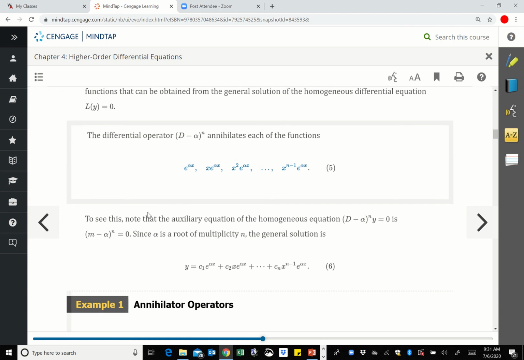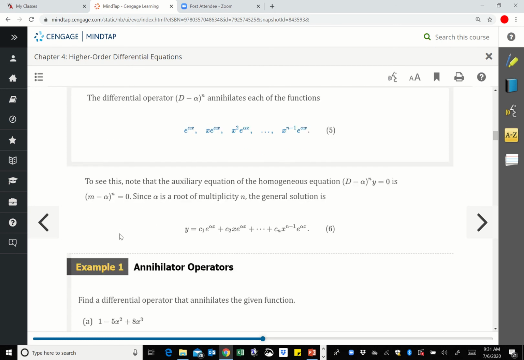The next thing we're going to look at is what kind of things would eliminate or annihilate polynomials times e to a power. To see what would be an annihilator for this, let's work backwards. Think about solving the homogeneous differential equation (D minus alpha) to the n of y equals 0. Remember back in section 4.3, whenever we had a